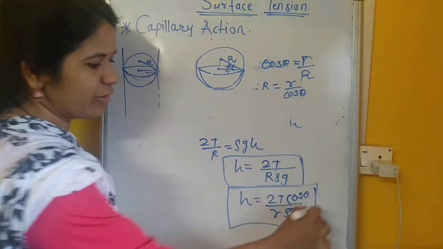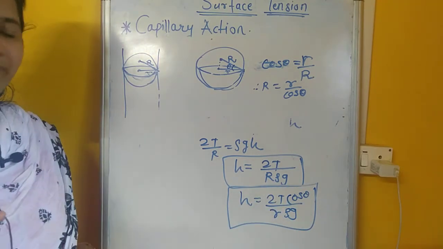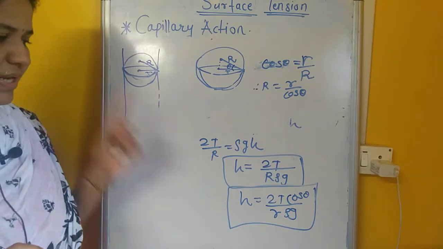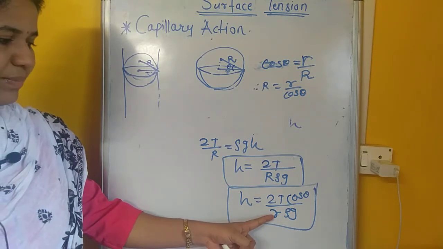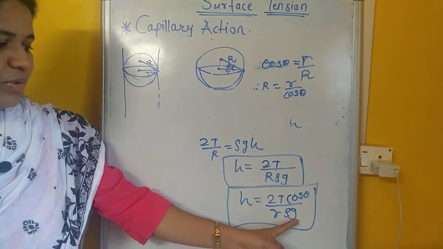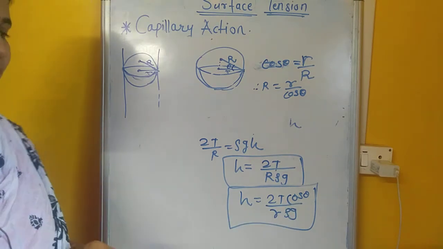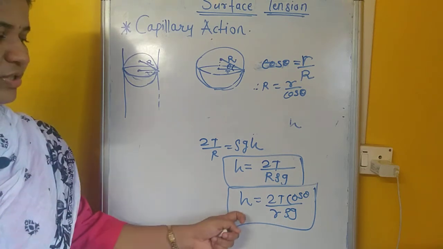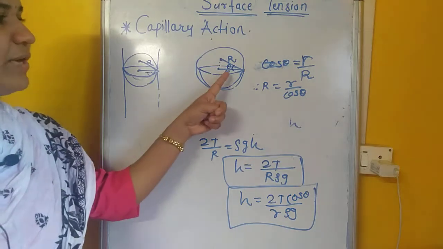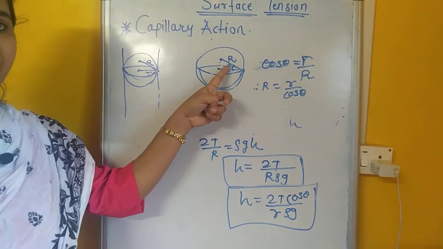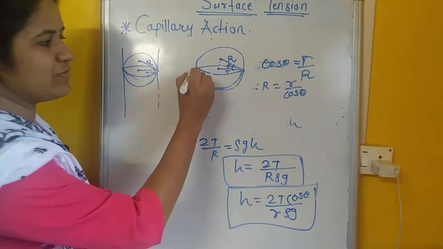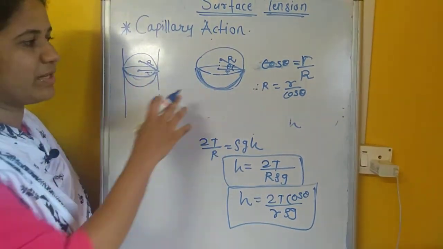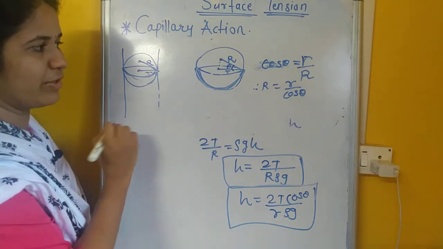This is an important formula. So we can easily calculate the surface tension of this liquid by measuring the height simply by scale, and the radius by using a micrometer or microscope. Rho g is a constant, and the angle of contact is already given. So you can easily calculate the surface tension. So this is an important formula. Now how does it become the angle theta? See, in last lectures we found the angle of contact. Those who missed that lecture, refer to that lecture. I will quickly recall how to calculate the angle of contact.